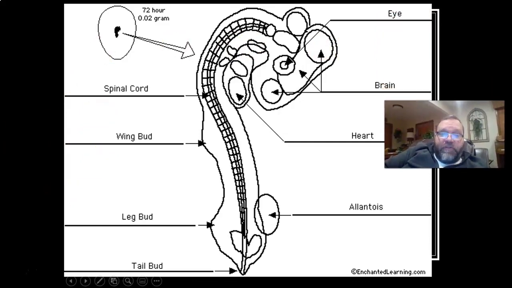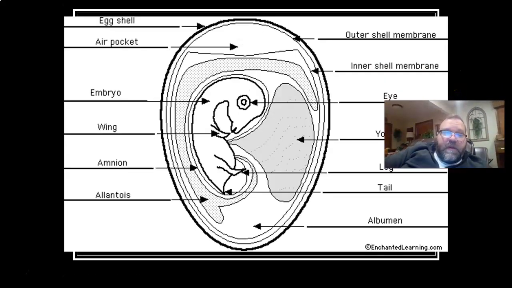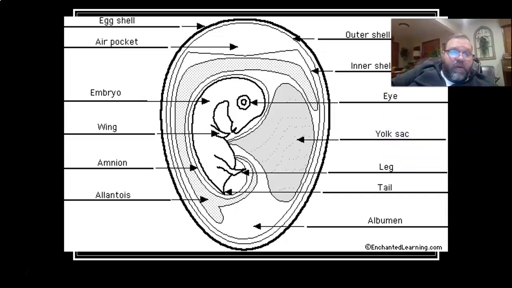Now this is one side, this is a side view. Let's see what happens as it develops a little bit more, see if it makes a little more sense. There it is, so it develops a little bit more. There's my embryo in there. The egg, now you notice all that stuff is going into his stomach. That means it's eating all the nutrients and growing. Eye, there's the yolk sac, there's a leg, the tail, the albumin, the wing,